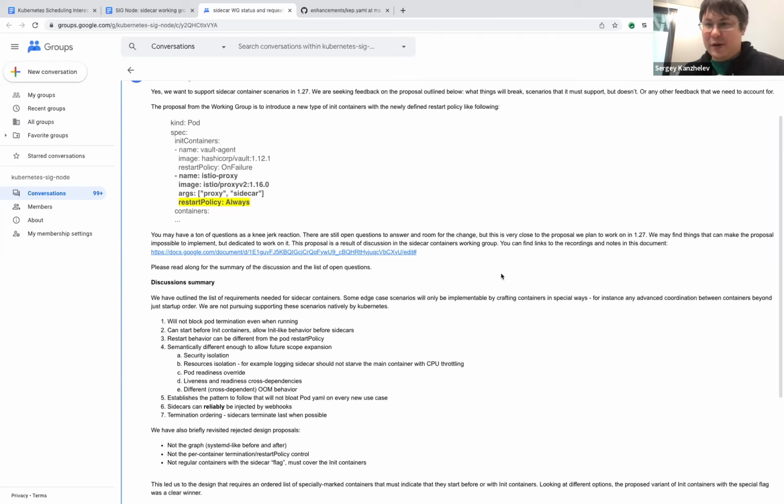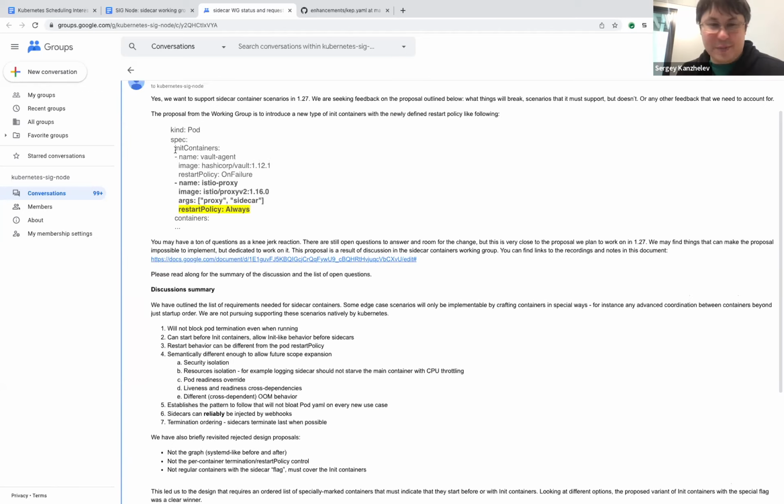But then in the initialization stage, we can either go with a simple approach to just take the maximum of all of them, or a more complicated approach where we understand the order of startup and take the maximum of specific chunks of sublists. I can explain more. But the key point here is that the calculation of resources will be changed without a major change of pod structure. Ideally, we want to extend init containers with these extra new containers.